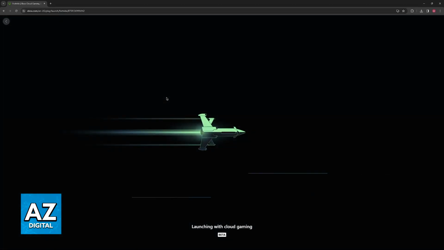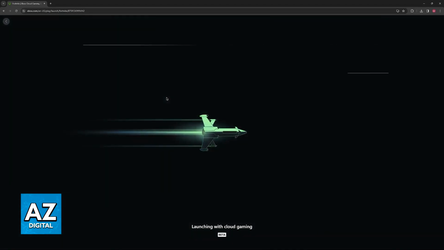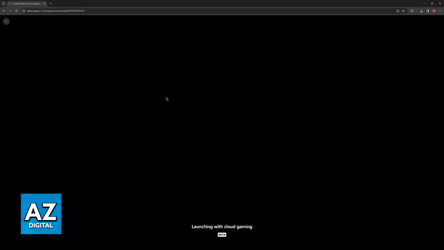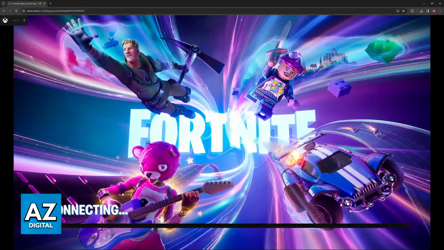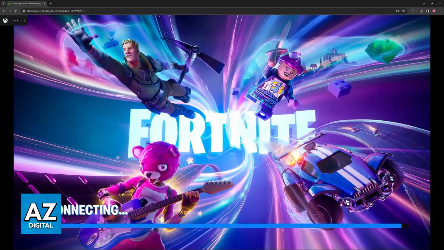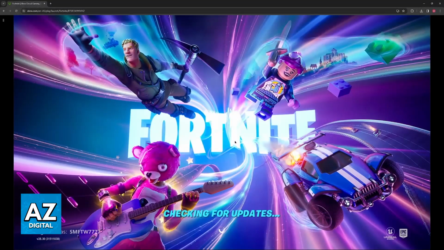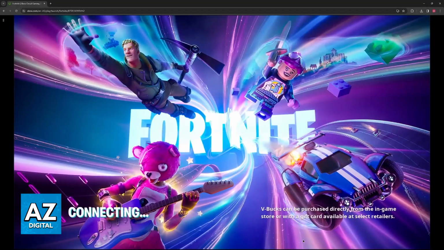If this doesn't work, but you know for sure that the controller is being detected by your computer, you can switch to a different web browser to address if the issue is attributed to the web browser that you are using or if the problem is with the service overall. With this out of the way, you should be able to log in and play.